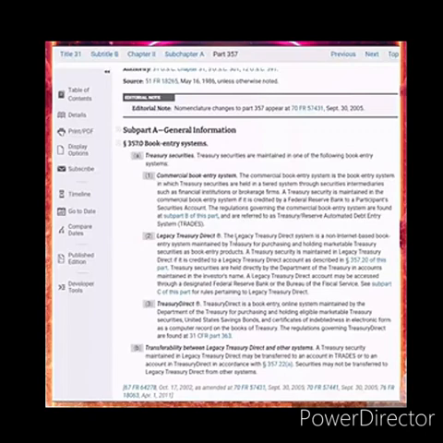The Legacy Treasury Direct System is a non-interest based book entry system maintained by the Treasury for purchasing and holding marketable Treasury securities, right? A Treasury security is maintained in Legacy, and so on. Treasury Direct, or Treasury securities, are held directly there in the investor's name. Okay. The other one says it's a certain sum of numbers, right? So if we just read through this stuff, it's going to tell us what